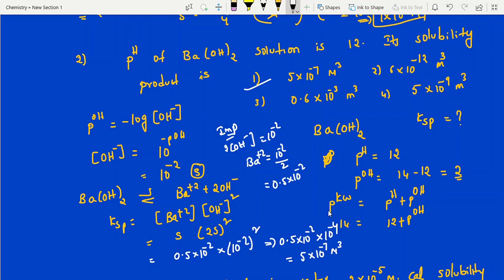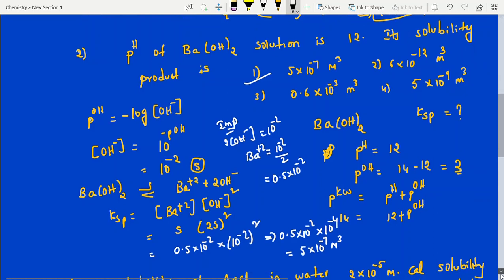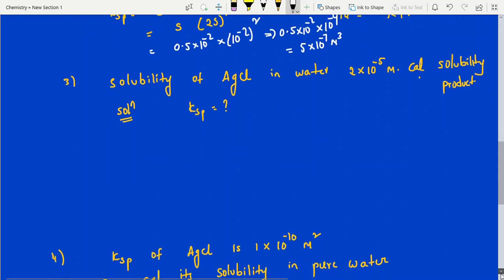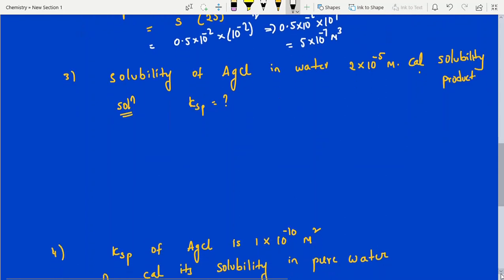Actually this is a mains level question, but sometimes they ask it at NEET level also. Some of the students ask this question. That's the reason I have selected this one. Everyone go through this and calculate, and whatever question I give next, try it and give me the solution.